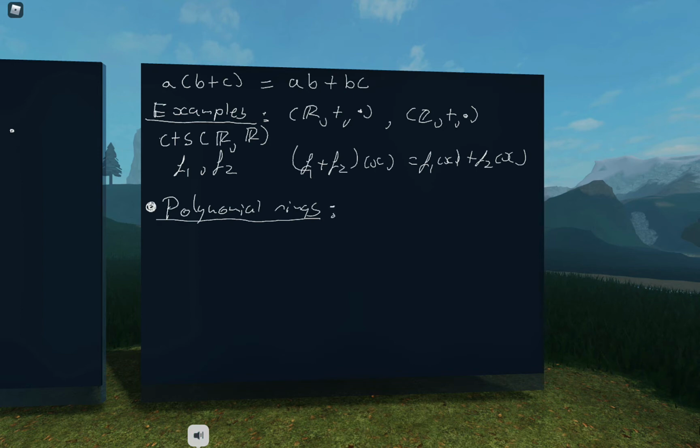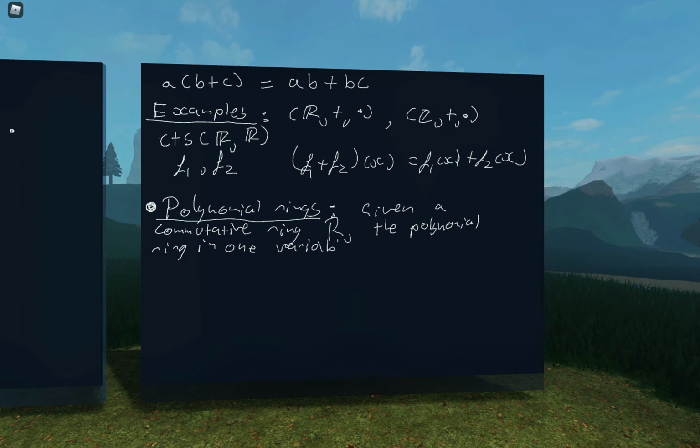I think the quickest way to define it is to say, given a commutative ring R, meaning that the multiplication commutes, the polynomial ring in one variable over R is written as R and then x in square brackets, and that's the set